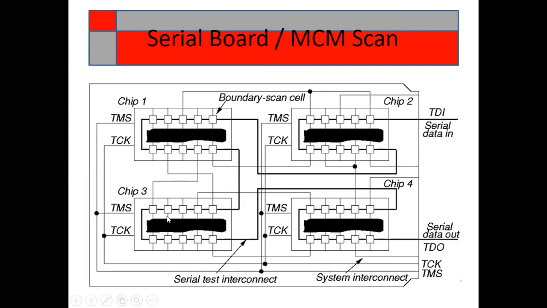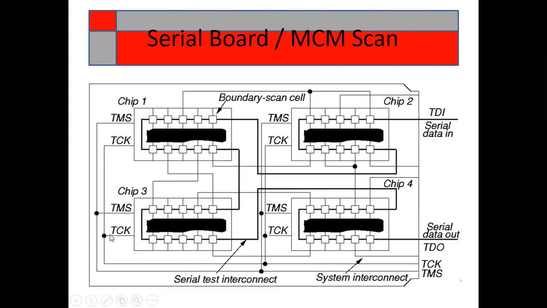So first system, then second system, then third system and fourth system. The clock we have connected in parallel form. Yes, TCK here is also TCK and here is also TCK. These are in parallel form. So the TMS signal, that is the test mode select, is also connected in parallel form.